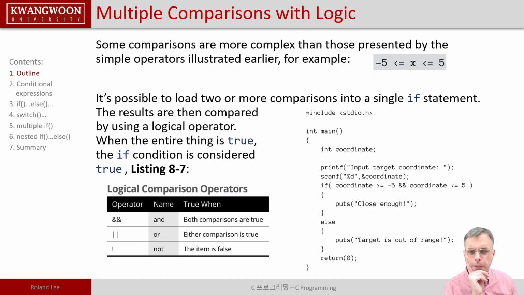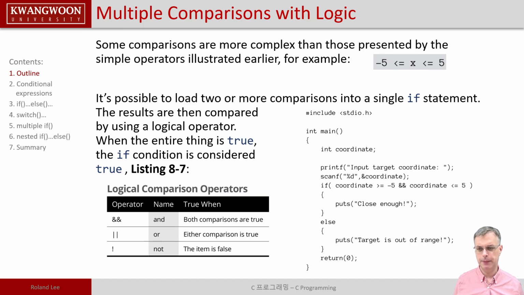Some comparisons are more complex than those presented by a simple operator illustrated earlier. We got this kind of complex example as well. Building a logical comparison, so it's possible to load two or more comparisons into a single if statement. The results are then compared by using a logical operator. When the entire thing is true, the if condition is considered true, as you see here, a listing